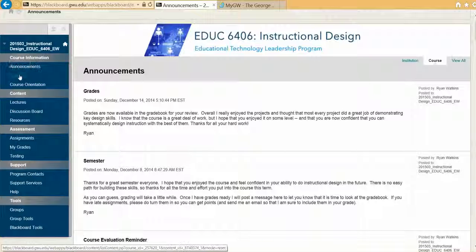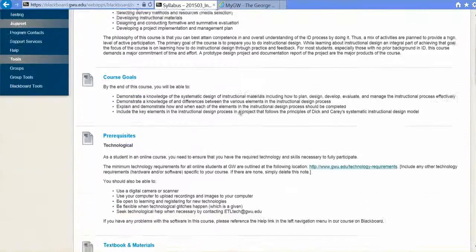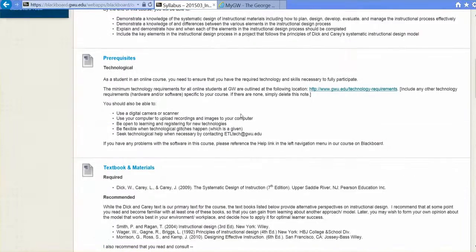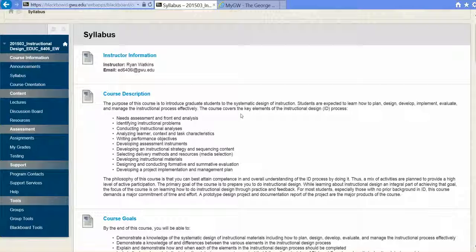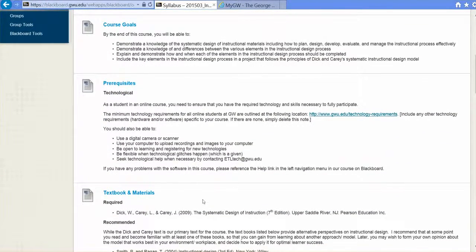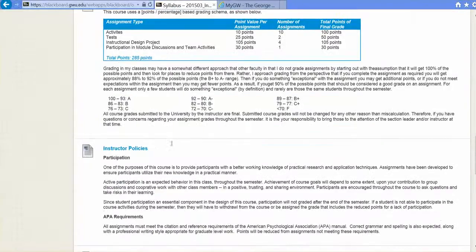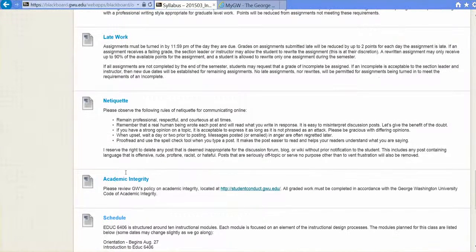The next thing is the syllabus. We all know what a syllabus is. But the syllabus can be either in one document or it can be set up in different parts of the document. Again, this is up to the instructor, but I think more often than not you're going to see them follow this kind of core format, where it gives you the description of the course, course goals, prerequisites for the course, textbook materials, methods of instruction, grading, the instructor's policies, etc., policies on late work, suggestions on how